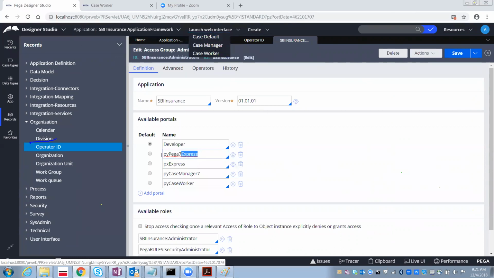And what about this Pega 7 Express? Means this is the one, switch to express mode. So this express mode, on the first day I explained about this option. In case the business analyst wants to implement the application at the high level, not in detail, if he just wants to show the end user while gathering the requirements how exactly this application will be displayed, then through this express mode, we can create the dummy application. Okay, so this is also one of the portals. See here.